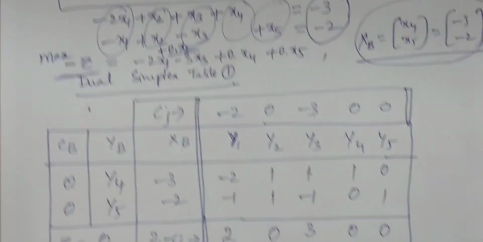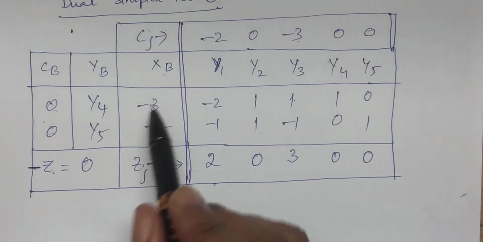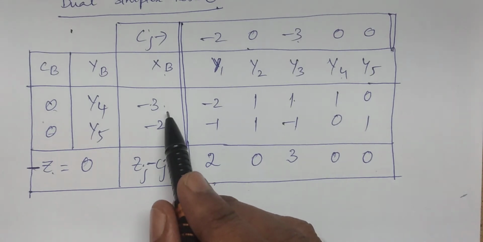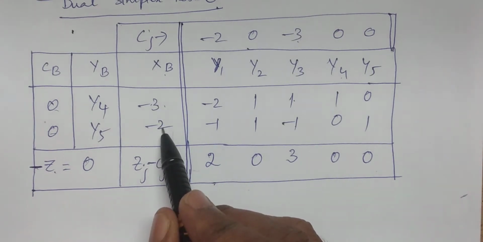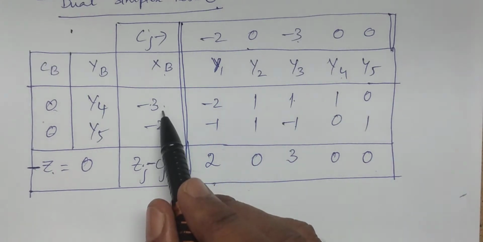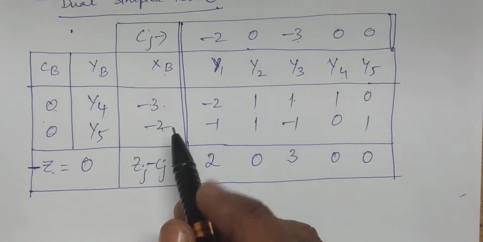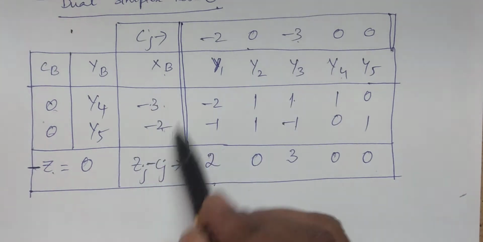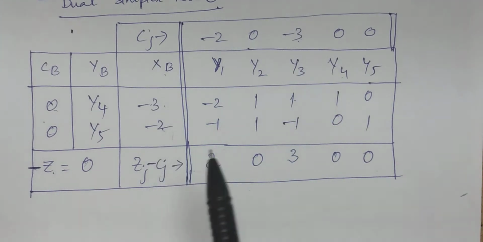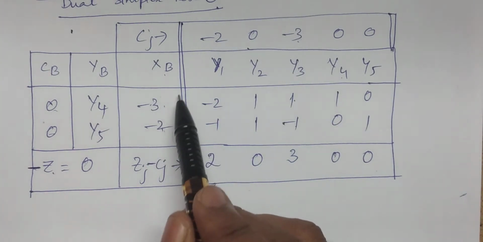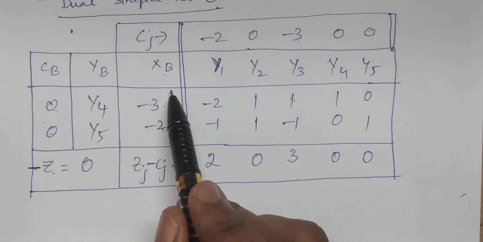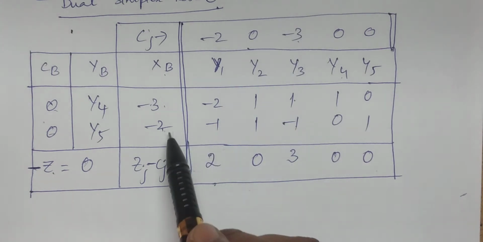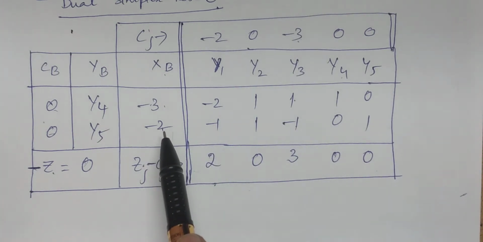So therefore, now xbi, we are going to the next step and calculate the values here. I am calculating the values here, minus 3 and minus 2. So both are negative, two negatives are there. So therefore, we have to consider the formula: which particular vector leaves the basis is decided by the xb. And I tell you two particular points now. First point, by observing xb, we get to know which vector is going to leave the basis. That is the first procedure in the dual simplex procedure.